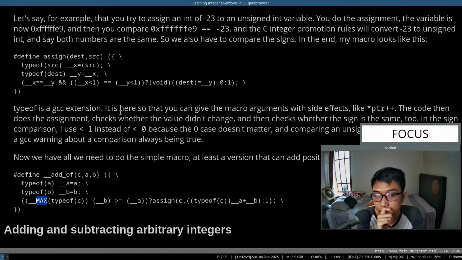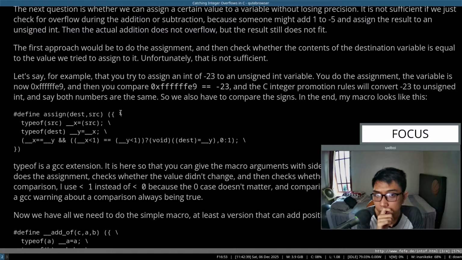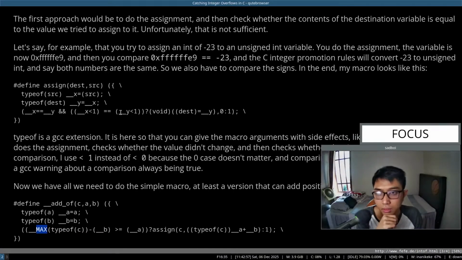Developer. Destination source. Yeah, I guess